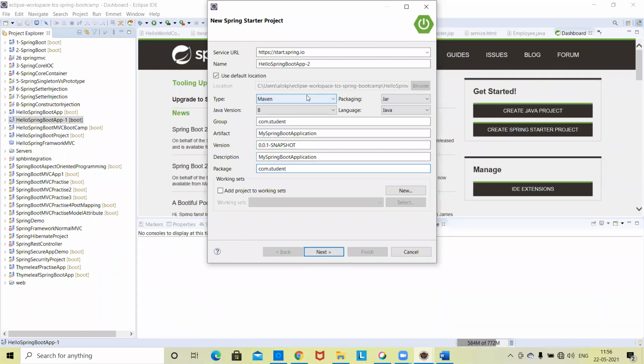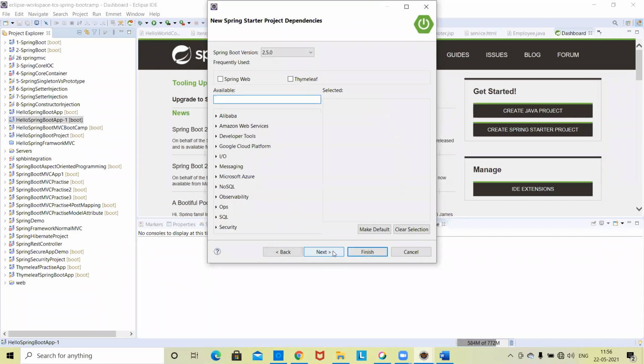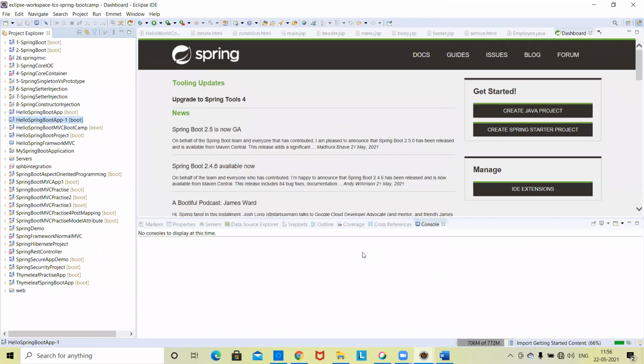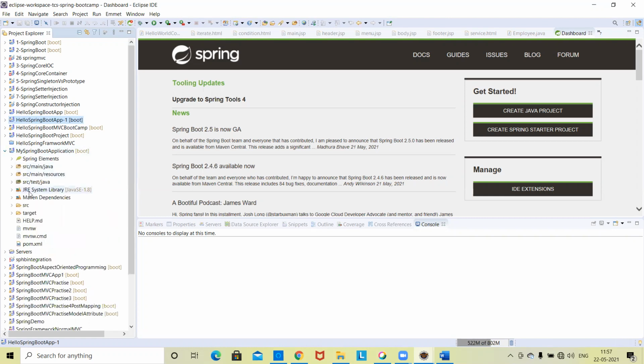Okay, this is the mistake. You need to give the name, Hello Spring Boot. Okay, just notice a project will be created. This is the project that has been created.